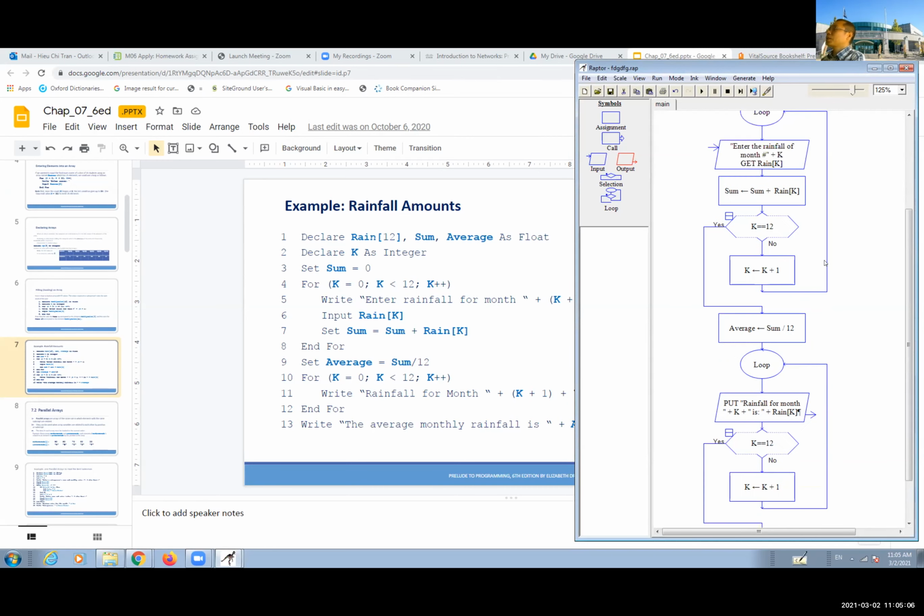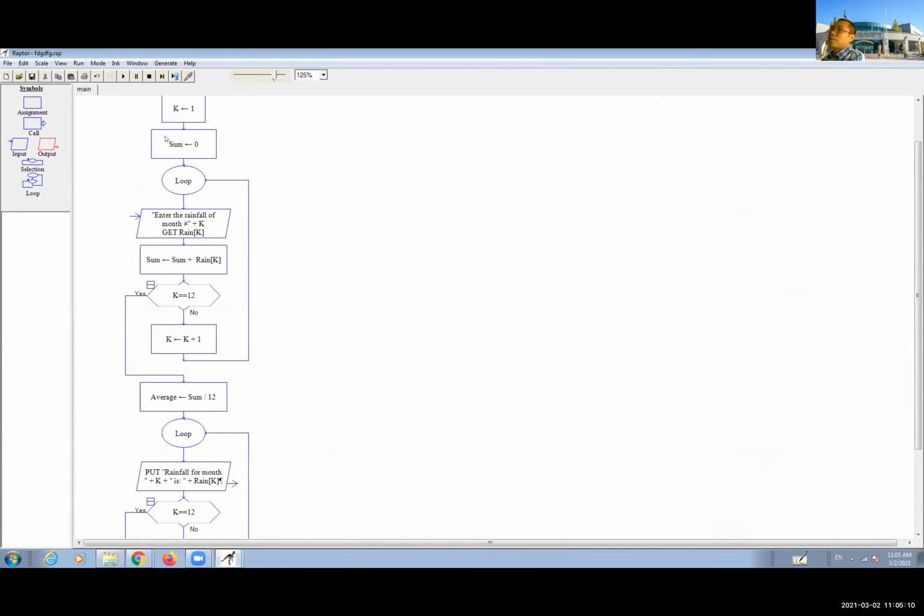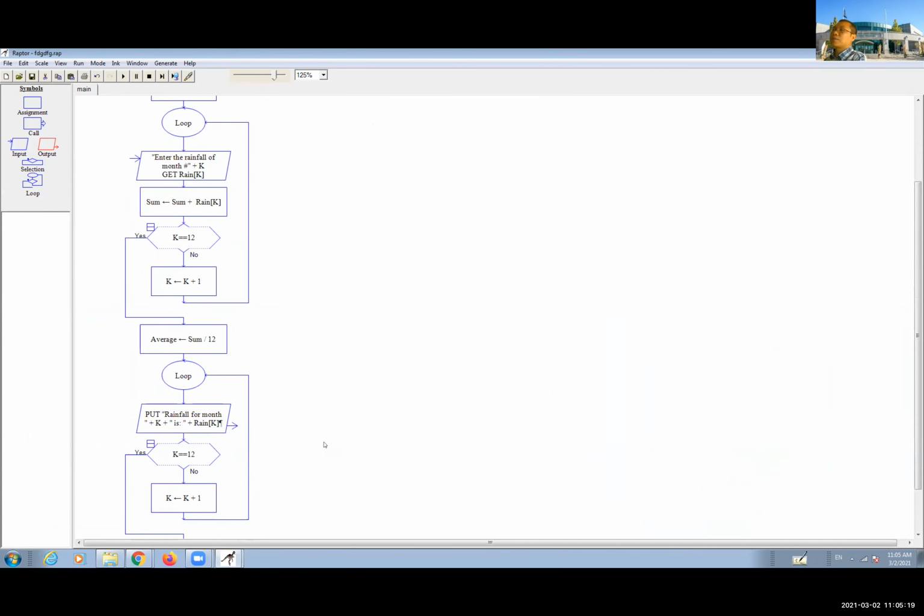And one more thing about this one. If you look on this one here, let me show you. When you run everything from 1, we keep going until the 12 here. So when I exit this one, the key is already 12. So now if you look on this one,